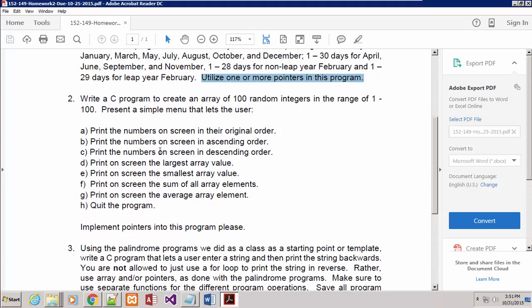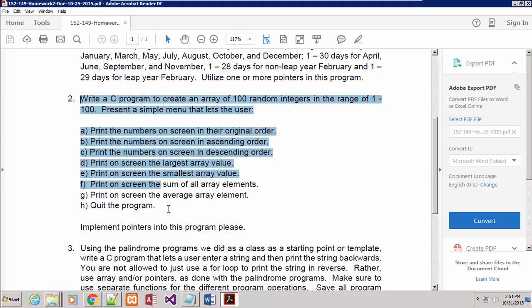In this second example, same thing. I did not put any pointers in here. So if you do it basically the way that I did it, max grade is a C. All right? Otherwise, max grade is a B if you do put pointers in. For the last one,